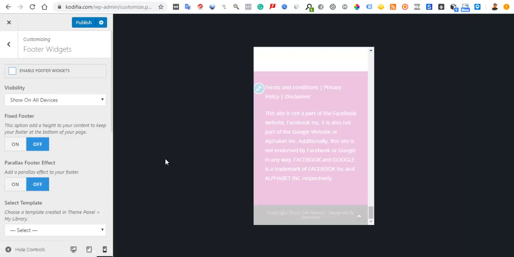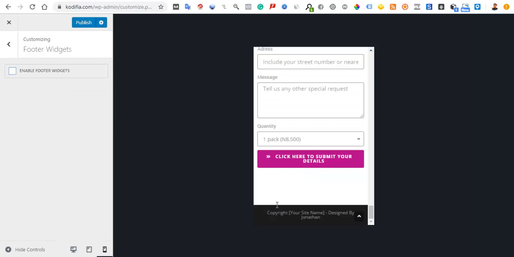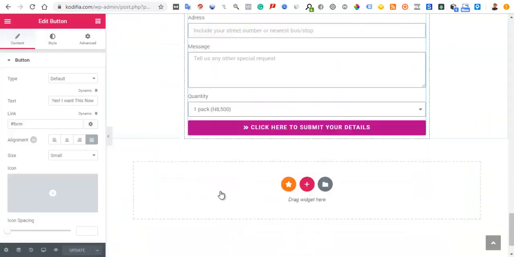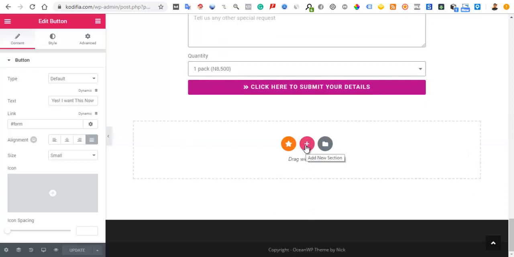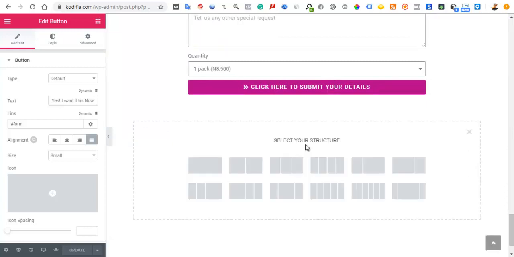Okay, let's see how that's going to look now. Yep, so it's off now. Let's just publish this. Okay, and then come over here and add this section. Okay, so just add a section here. Add the section,